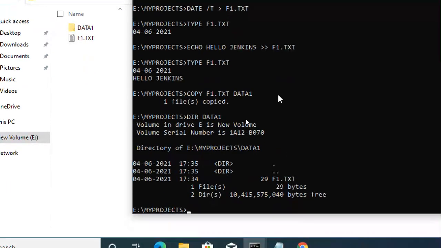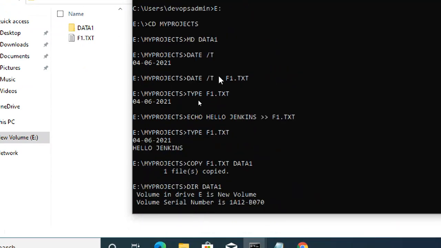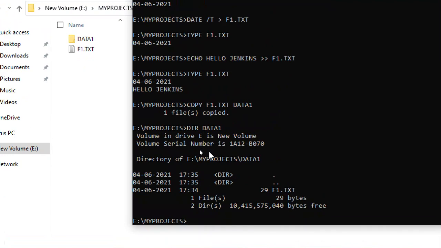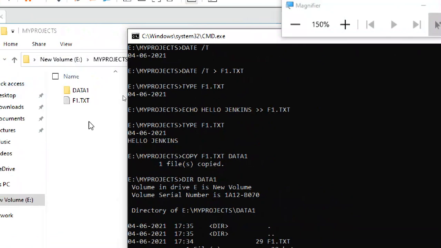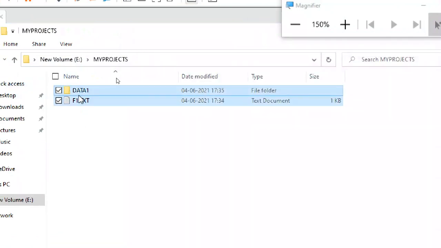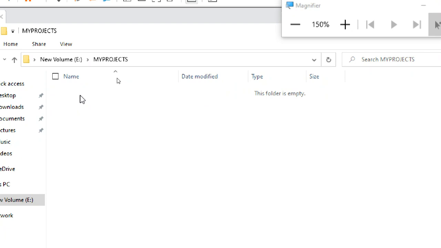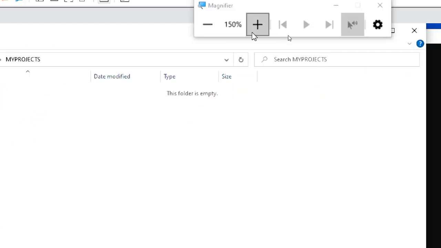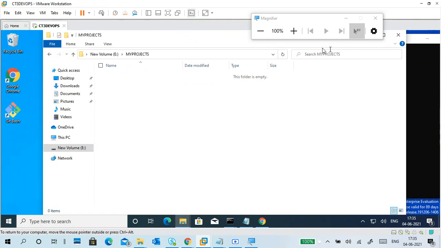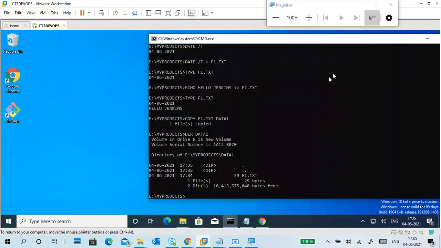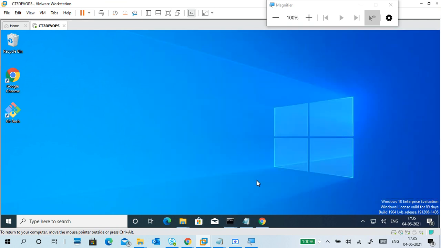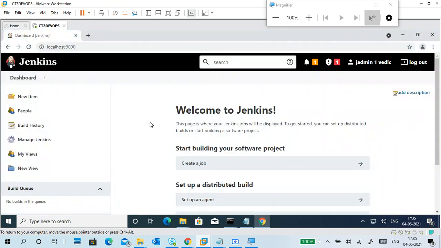So this entire thing I did manually. Guys, remember the commands, remember all the commands. Are you okay? Yes, sir. Very good. Now I'm going to delete these things. Okay, I deleted it. I did the same thing manually. What have I done here? I did it manually. Now I will do it automatically.